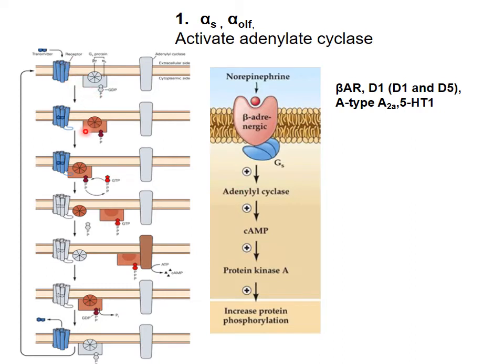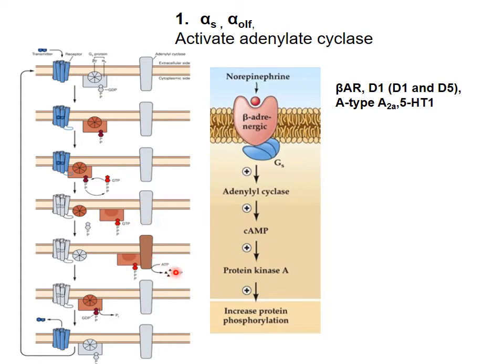So this is your alpha S G protein that has GS. You can call it GS, or alpha S is the subunit, that's why it's given the whole name GS. So when a transmitter, in this case we can call it norepinephrine, binds beta adrenergic receptors, it is going to lead to a conformational change, which is then going to increase their affinity for GS or alpha S in complex with beta gamma, which then leads to the exchange of GDP for GTP. Then the alpha stimulatory subunit separates from beta gamma, goes and binds adenyl cyclase, which is